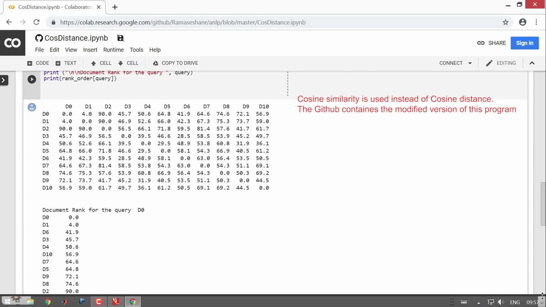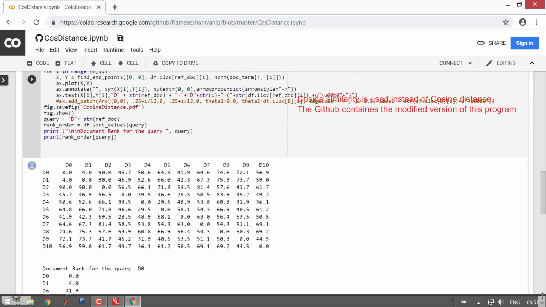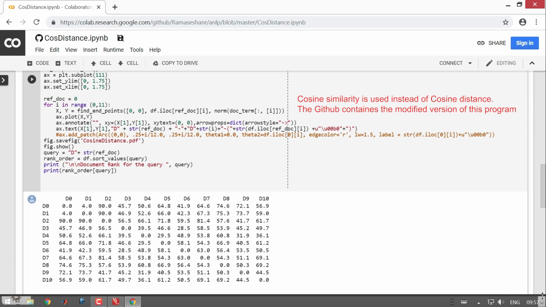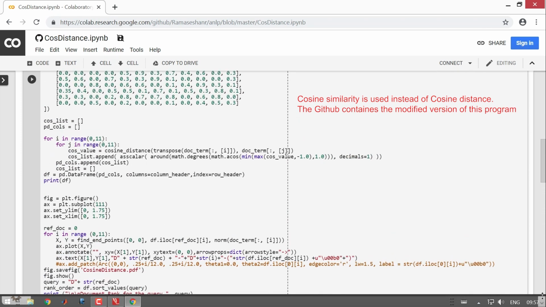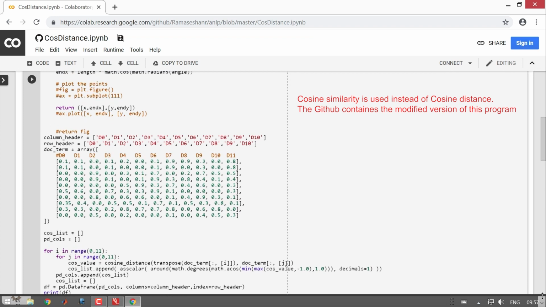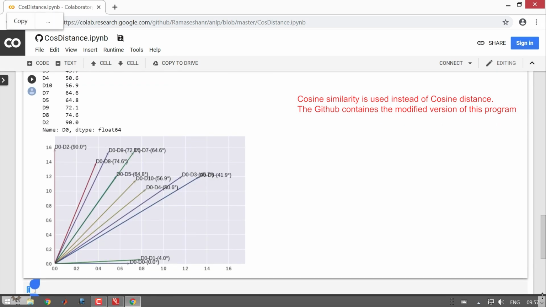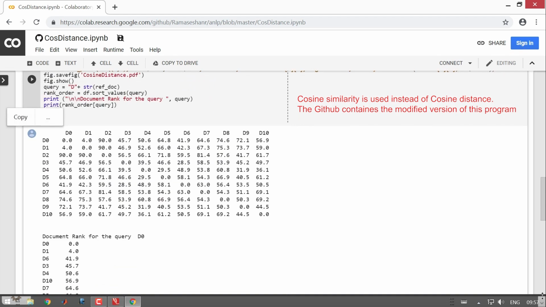In this case, I have used the same matrix that I had shown you, the document term matrix. This is what I am using as an input. And then when I run this, what I get is this.